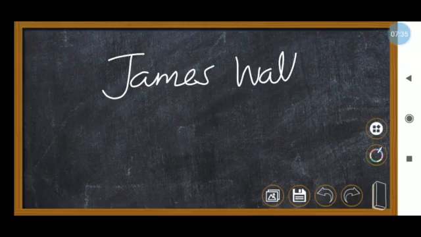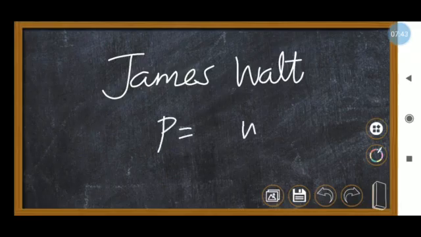Okay students, this was found by the scientist James Watt. More specifically, the unit of power we can say is watt. So power is in terms of watt: 10 watt, 20 watt, even electronic devices are rated in terms of watt. But we can say joule per second, that also okay, or Newton meter per second, that also okay. But more specifically, the power unit is called watt, because of the scientist name Watt.